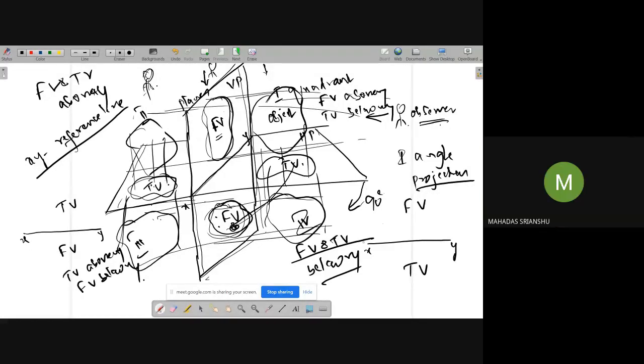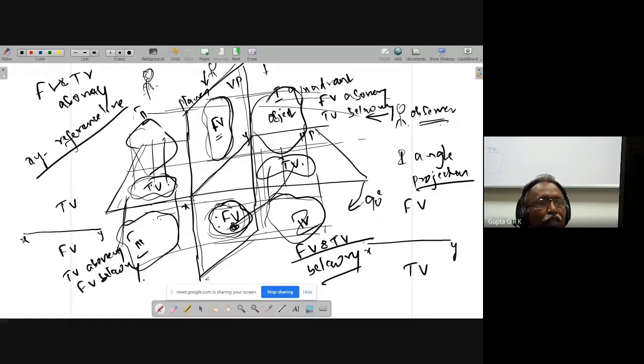Is it clear? So, sir, if the front view is above XY and the top view is below, then I know it's in the first quadrant, and if it is the opposite, then it's in the third. Based on front view and top view, you can tell in which quadrant the object is kept. If front view is above XY and top view below XY, the object is in the first quadrant. If top view is above XY and front view below XY, it is in the third quadrant. If both overlap and come above XY, it is the second quadrant. If both overlap and come below XY, it is the fourth quadrant.